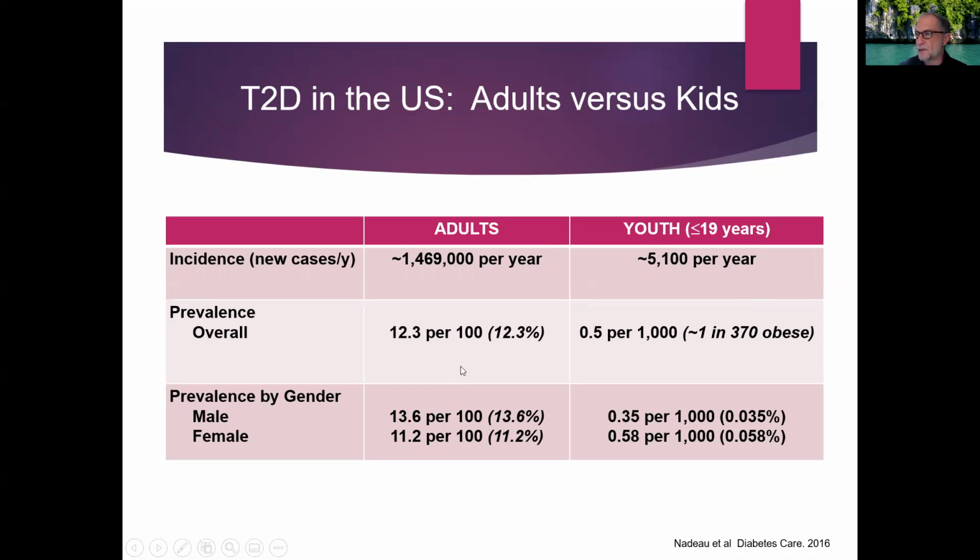So overall prevalence is substantially lower, 12.3 per 100 in adults compared to 0.5 per 1,000, with an estimate of about 1 in 350 to 400 obese adolescents. Another thing that we find is that the gender distribution is quite different. In adults, it's just about 1-to-1